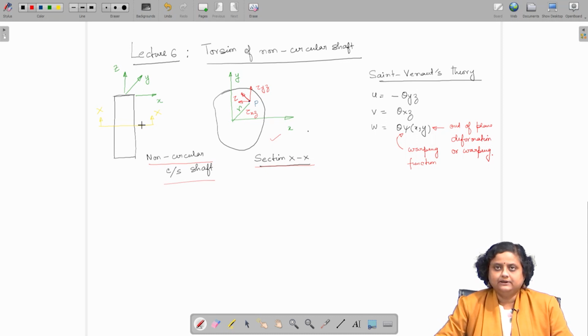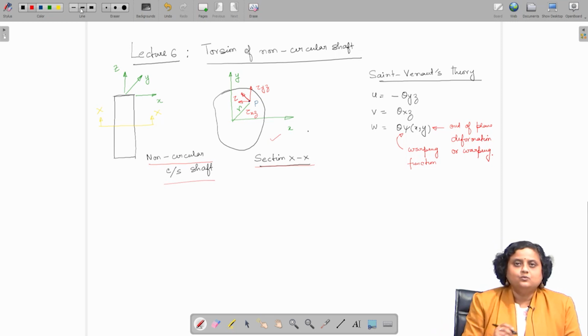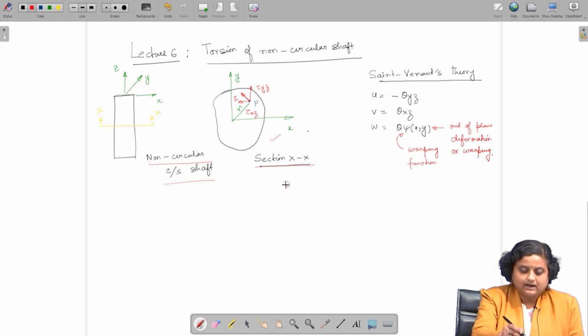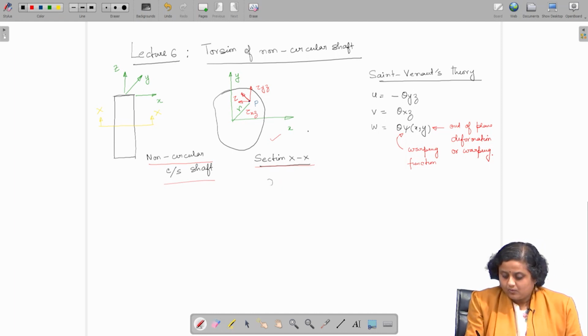So, we have seen that in order for these displacement fields to satisfy the governing equilibrium equation and the boundary condition, they need to satisfy certain constraints, which we derived in the last class. So, I will just rewrite it to summarize what we did in the last class. In the last class we have seen that the warping function psi needs to follow these two criteria.